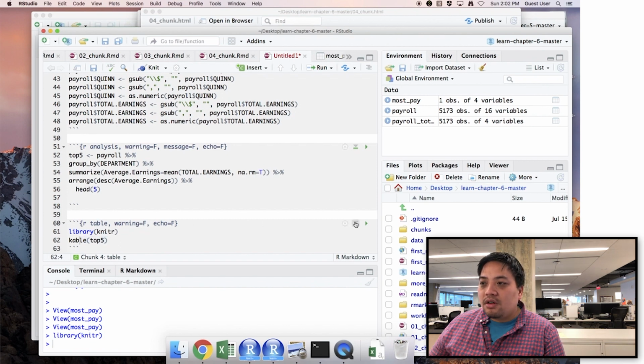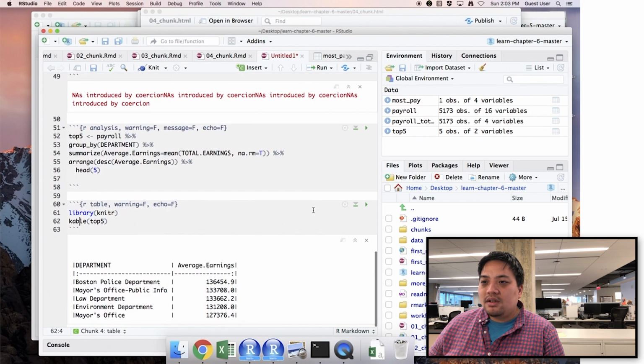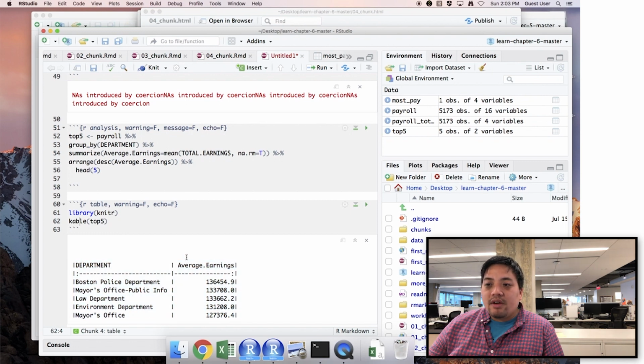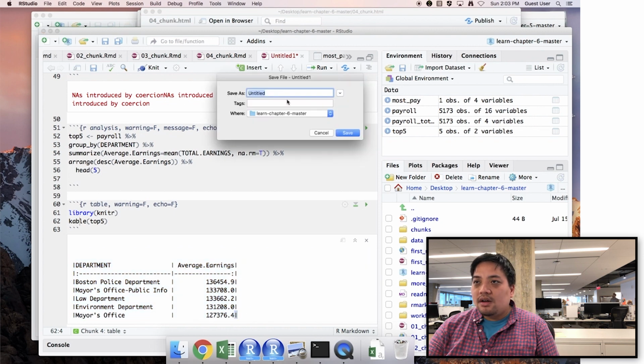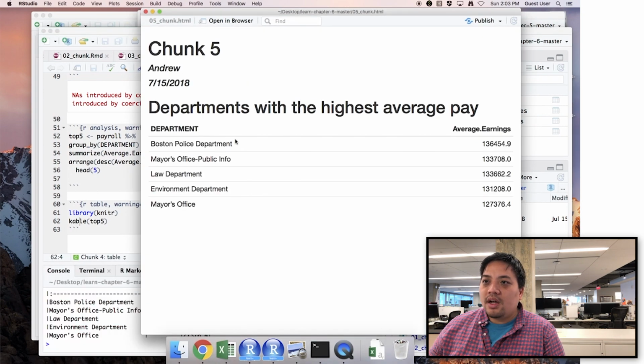So I'm going to click this chunk real quick to run all the code above it. It has some NAs, but that's fine, I think. And now I'm going to click plus, and there we go. And so this is how it renders in here, and this is a very specific way to render. It's actually rendered in markdown, so that when I click on knit, I'm going to call this 05 chunk. This is the way markdown will interpret it, right, like this. So it's a very pretty looking table, and this is